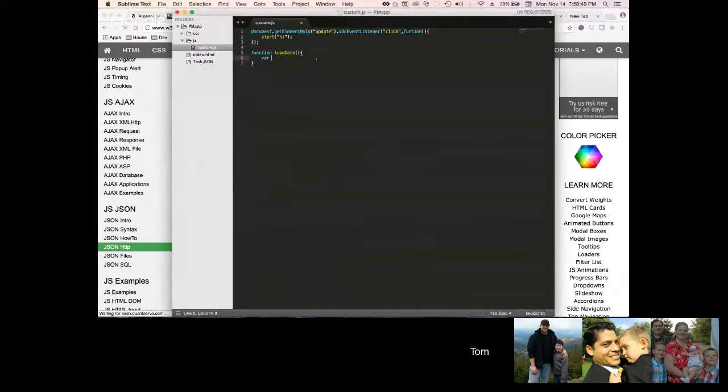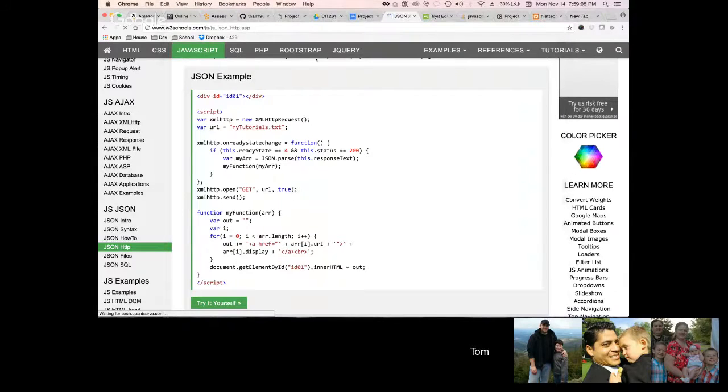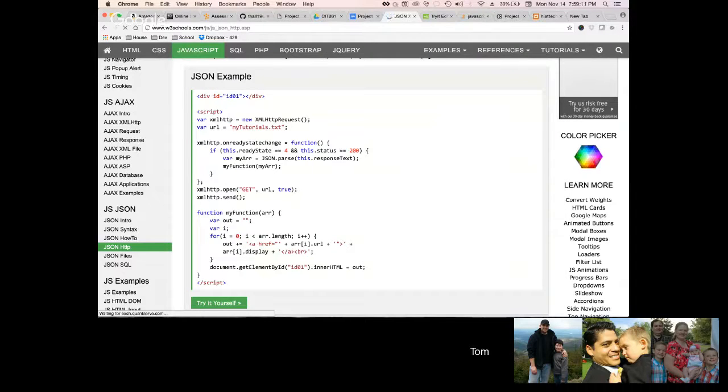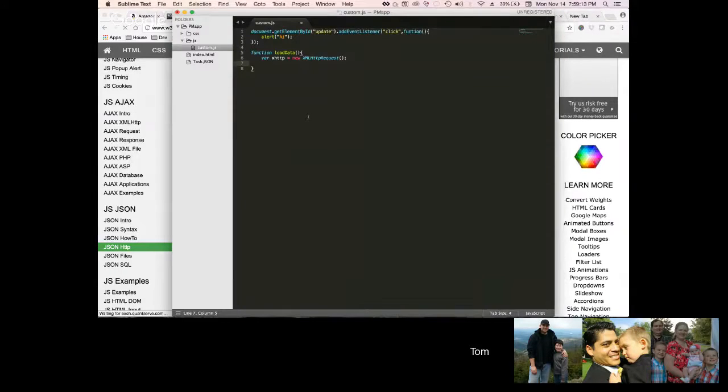So the first thing, var xhttp equals new XMLHttpRequest. Okay, XMLHttp, well that's fine. xhttp